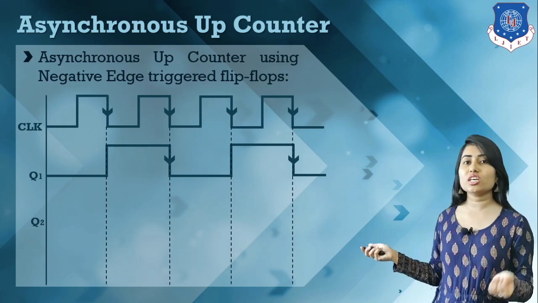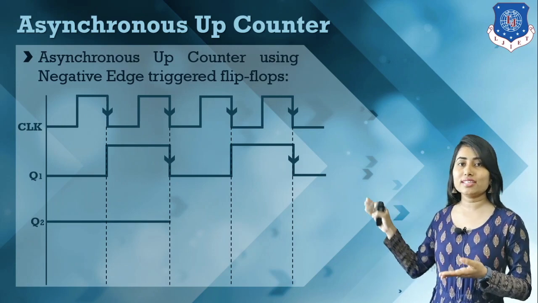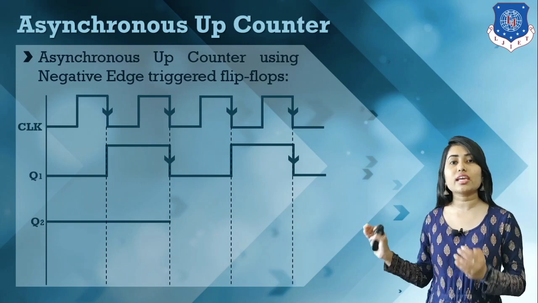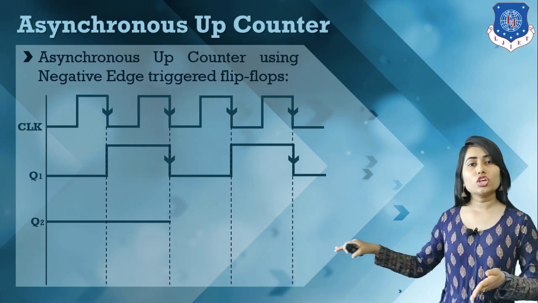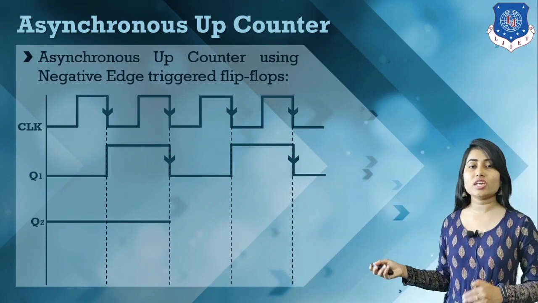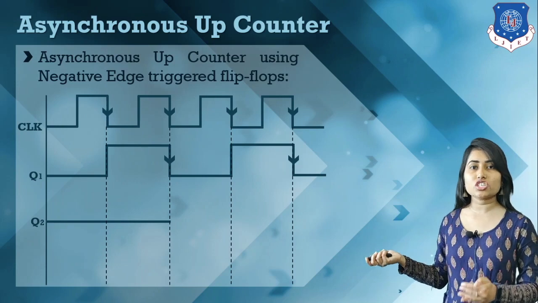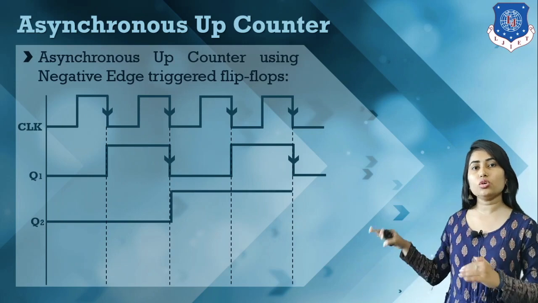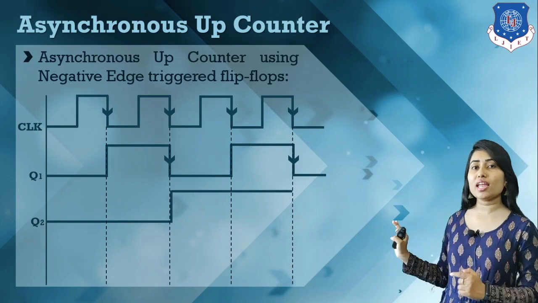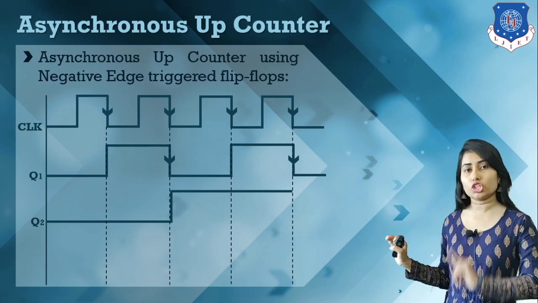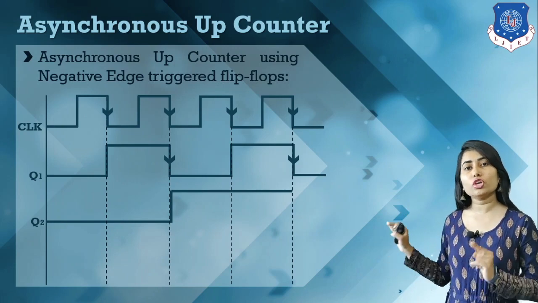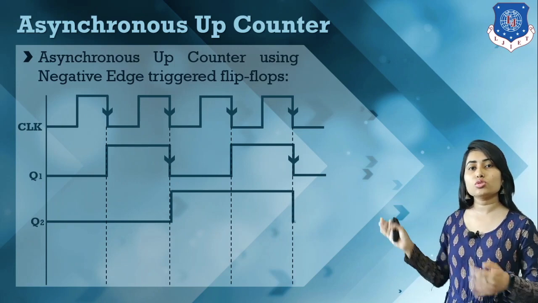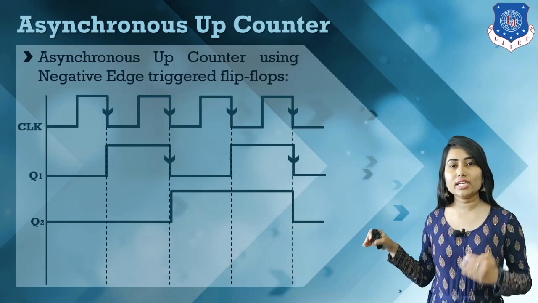Okay, so initially this will be 0 up to this negative edge of Q1. Whenever the negative edge of Q1 arrives, then and only then the second flip-flop will toggle. Now here Q1's negative edge arrived, so here we have a toggle condition, so it will toggle its value, that means previously 0, here we have a 1, and it continues its value up to the next negative edge of Q1. Now here also we have a negative edge, so it toggles its value, so 0. Okay, so this is how we calculate Q2 and Q1.